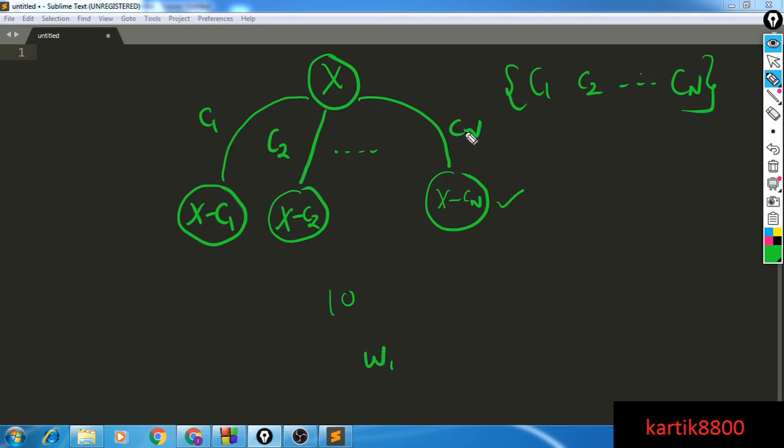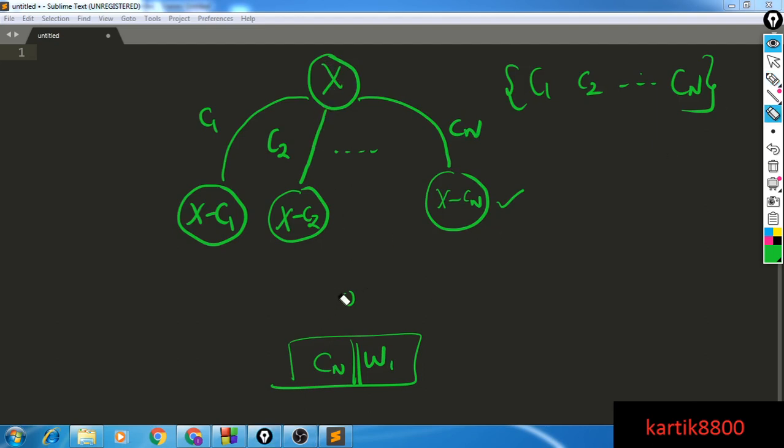You could simply take another coin Cn, write Cn just before way 1, and this particular way Cn followed by v1 is going to sum up to x, and this is a way to form x. Okay, this is a way to form the overall sum x. So if there are 10 ways to do this, then you could prefix the nth coin, and all these 10 ways are also ways of making the sum equal to x.